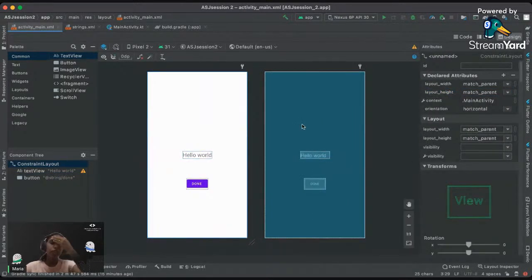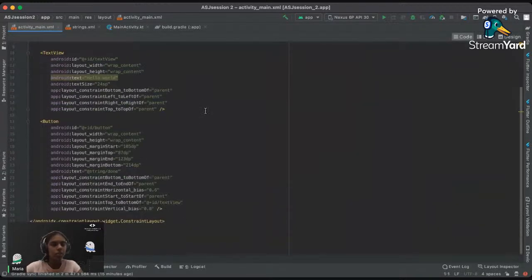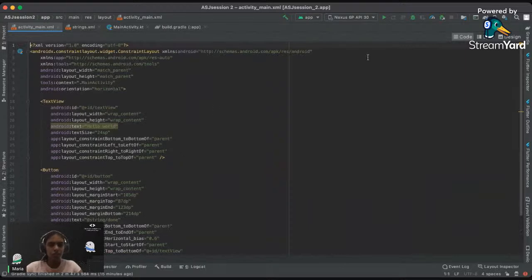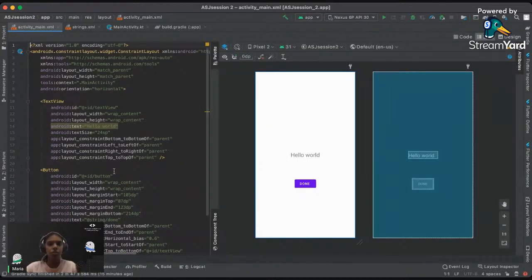Okay, so now you can see there are three options here: code, split, and design. I'll just open code. So this is code. It will be easier for you to understand if I use the split mode. So this is code, and this is how the screen looks. I'll just make this a little